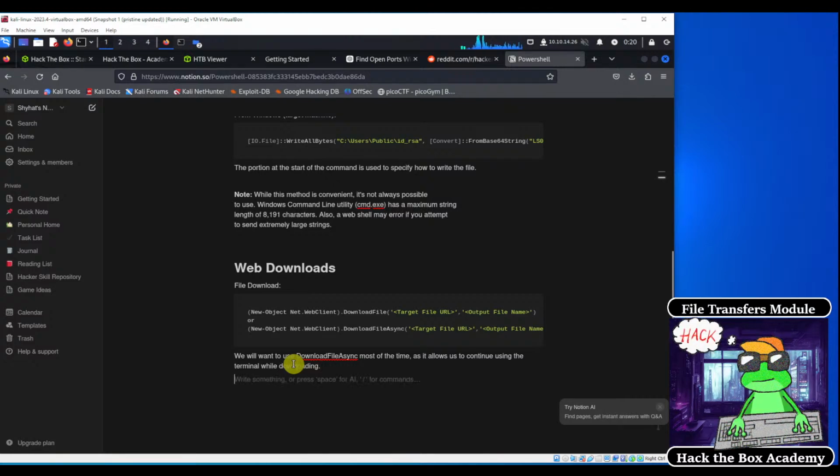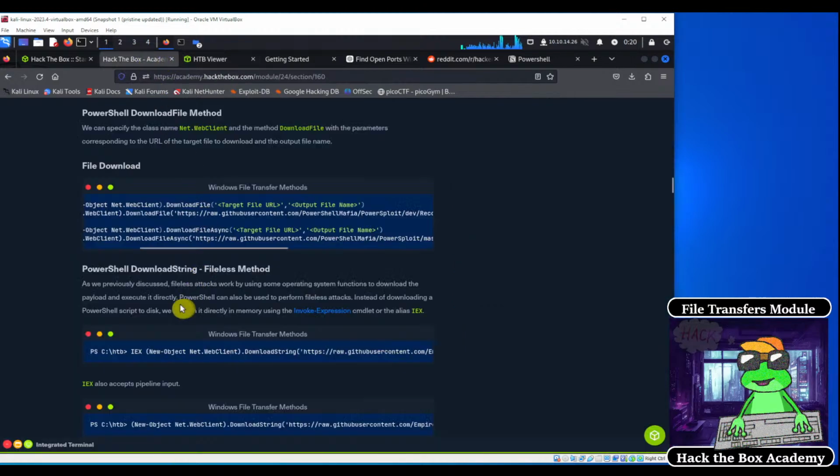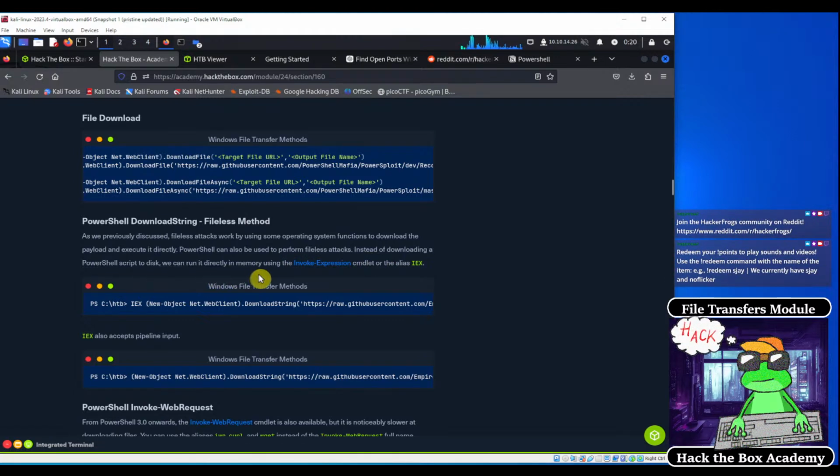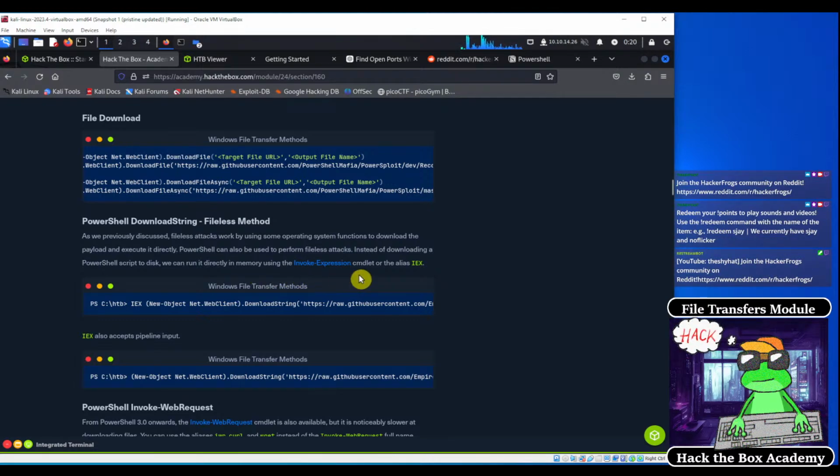Okay, awesome. All right, so this is file download, and I guess this is fileless download. So what is fileless download? Let's learn together. So as we previously discussed, fileless attacks work by using some of the operating system functions to download the file payload and execute it directly. PowerShell can be used to perform fileless attacks. Instead of downloading a PowerShell script to disk, we can run it directly in memory using the invoke expression command